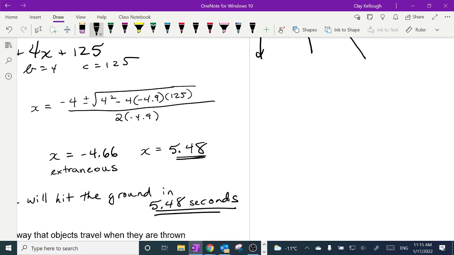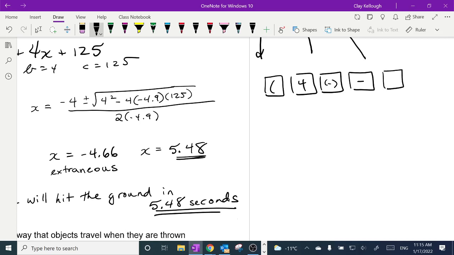Okay. For people who have a calculator like the person I'm talking to, you are going to open a bracket. You're going to hit a 4. You're going to make that number negative. Does your negative button look like this? Yeah. Okay. Then you are going to subtract. Then you are going to open another bracket. Then you are going to do 4 times 4.9. You know that there's no 4.9 button. You're going to have to use 3 buttons there. And then make that number negative. And then times